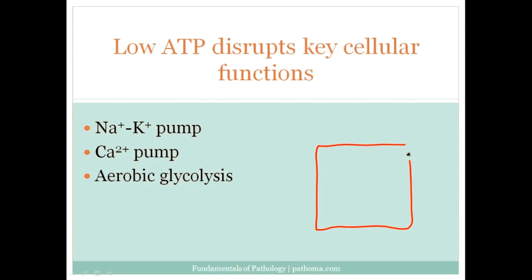The third disruption that occurs with low ATP is that we switch from aerobic glycolysis, which is very good at producing ATP, to anaerobic glycolysis, which then results in the byproduct of, number one, the poor production of ATP, and number two, the production of lactic acid, which would lower the pH within the cell, and the lowering of the pH would cause precipitation of both DNA and proteins. And so this would be another problem that would arise when we have low ATP within the cell.